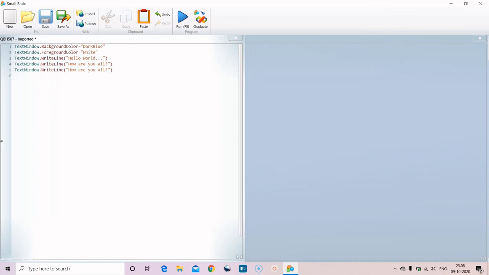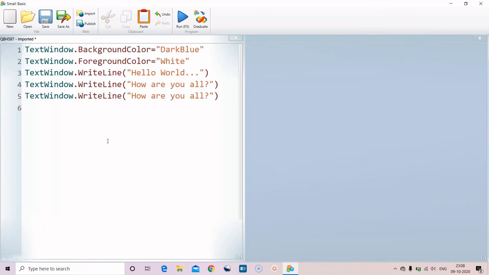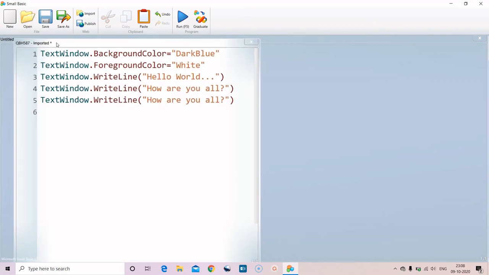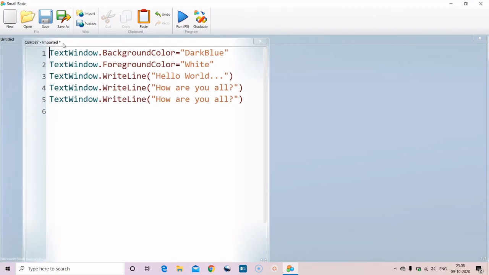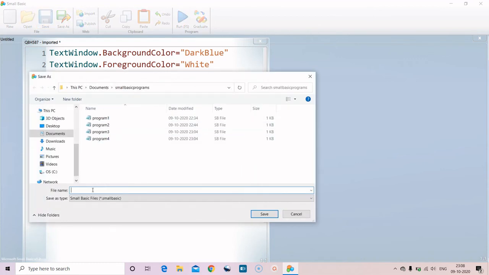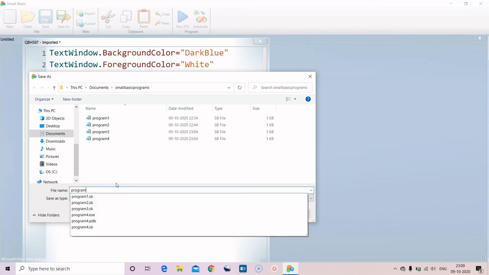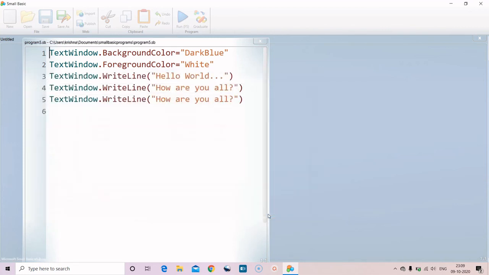I'm just expanding. If you see here, it says imported. So you have to save it, and you have to give the file name. Let us say program 5. So we have seen all the options.